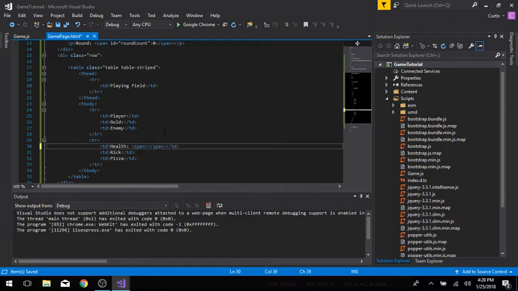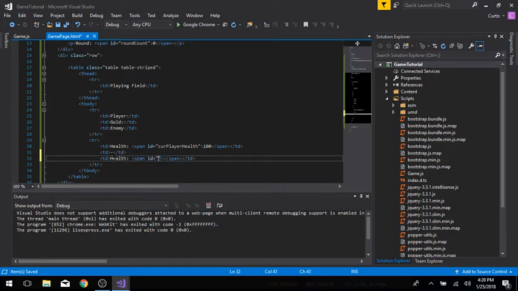And we're going to put a span here. We're going to give it an ID of player health. Give that, we'll start with 100 HP. And here we're going to put, we'll go ahead, we'll leave this blank for now. Go back here, we'll do health, same thing, span, ID, cur enemy health, and we'll give that 10. Okay, alright, so if you run this,